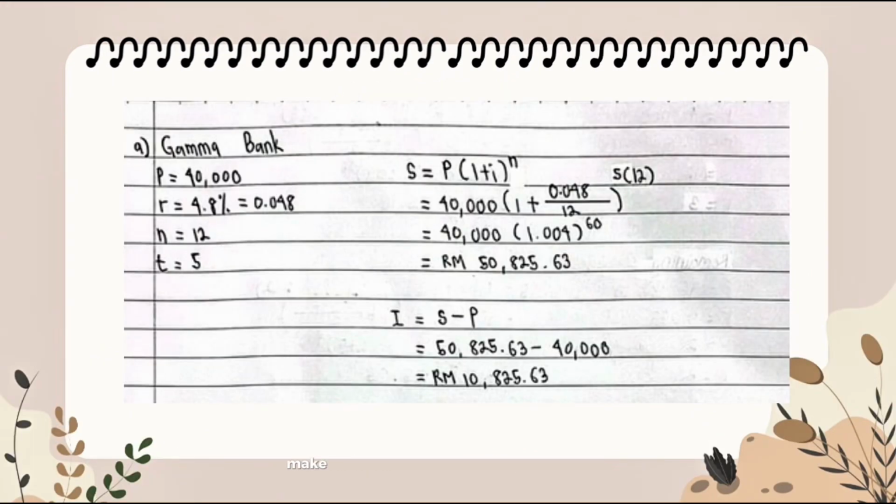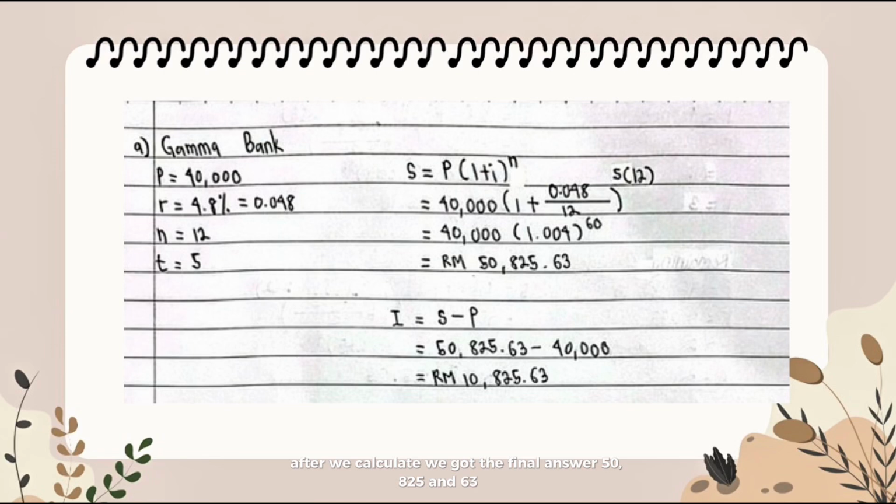Before we start, make sure you write down all the information that was given from the question. For this particular question, we will use the future value formula, which is S equal to P(1 plus i) to the power of n. So we just substitute all the information that we already wrote down, which is P 40,000, i 0.048 divided by 12, and n 5 times 12. After we calculate, we got the final answer